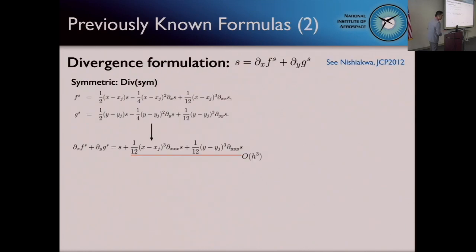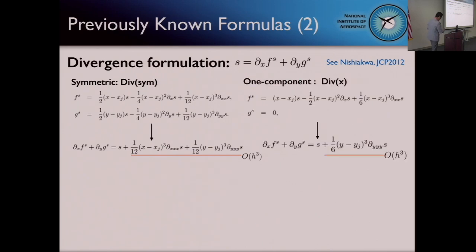And there is another approach that I proposed some time ago. I look at the differential equation, just the source term. If we can write the source term in divergence form, then we can discretize this by the H-based scheme. And I found fluxes that can achieve this. These fluxes are defined locally around the node J, and these are cubic polynomials. If you differentiate these and plug them in here, you will find that a third order error is committed. But third order error is okay because this is to be used for third order accuracy.